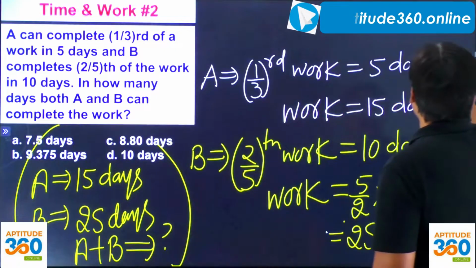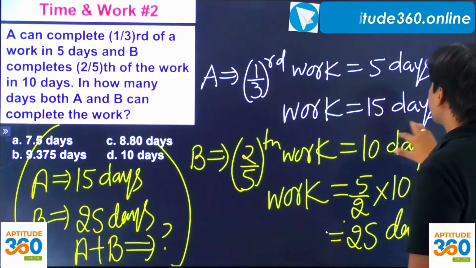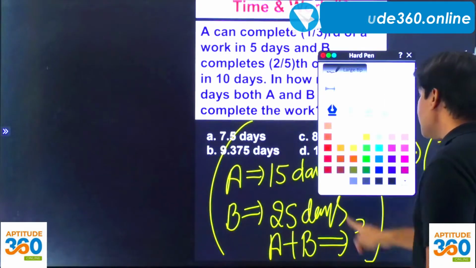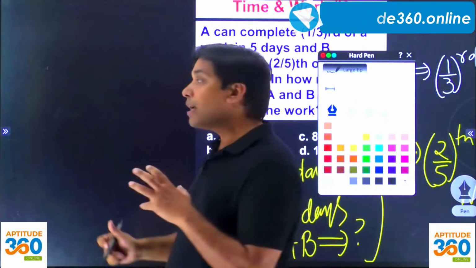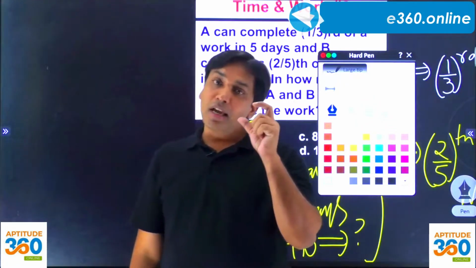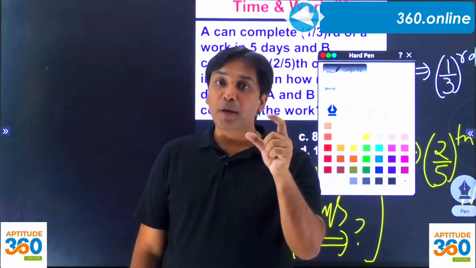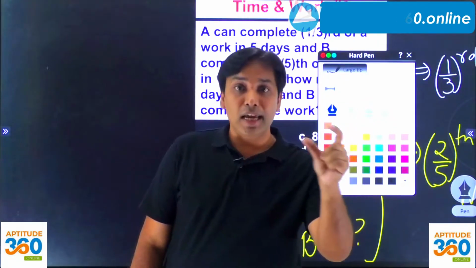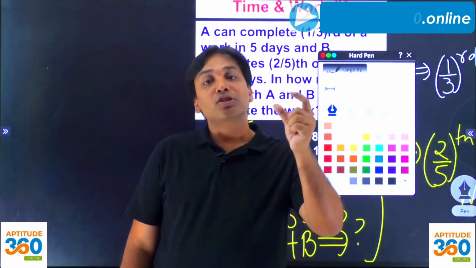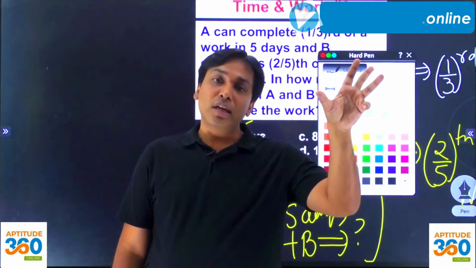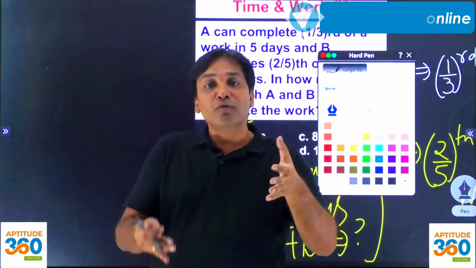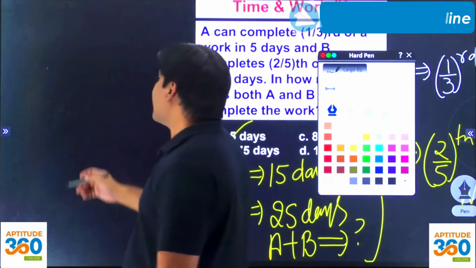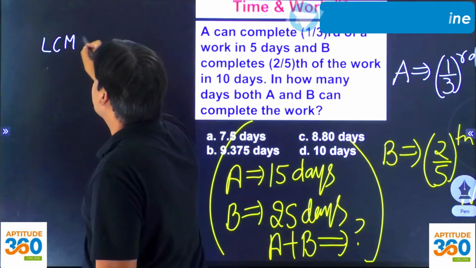Now let us try to solve this question through LCM method. What is step number 1? If you try to simplify this problem through LCM method, step number 1 is you should be taking LCM of days that are mentioned. तो आपने एक तो चीज सीखी कि जो LCM लोगे ना, बड़ी इंपॉर्टेंट चीज बोल रहा हूं मैं, जो आप LCM लोगे वो किन डेज का करोगे, जितने दिन में कंप्लीट करेगा। A अकेले, B अकेले, C अकेले. In order to find out LCM of numbers, first you should be finding out in how many days they are working alone, right? अब अगर ऐसा हुआ तो मेरा LCM कितना बना, 15 and 25 का।